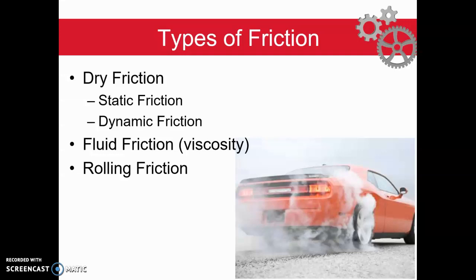There is, first of all, dry friction. And that's the type of friction we talked about in physics class. We talked about static friction. So if an object is at rest, like the classic example is a box sitting on the floor, and we want to push on the side of that box and get it to start moving, we're going to have to overcome the static friction force between the bottom surface of the box and the top surface of whatever it is sitting on. Then, once the object is in motion, there remains a dynamic friction or kinetic friction force between those